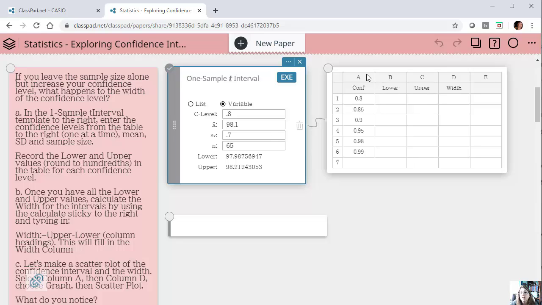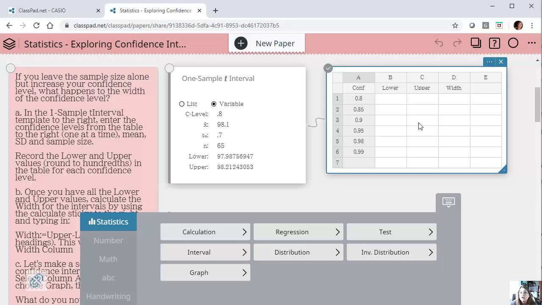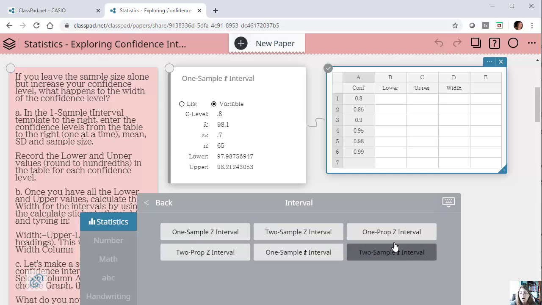I'm going to click on one of the tables here. I'm not going to spend time filling all these in, just to show you when you click on a column, all the statistics menu comes up. And this little template right here came from the interval options. If I click here, here are my interval options, and I simply had chosen this one, and it brings up the template. So these templates live in the statistical menu that comes from the table.